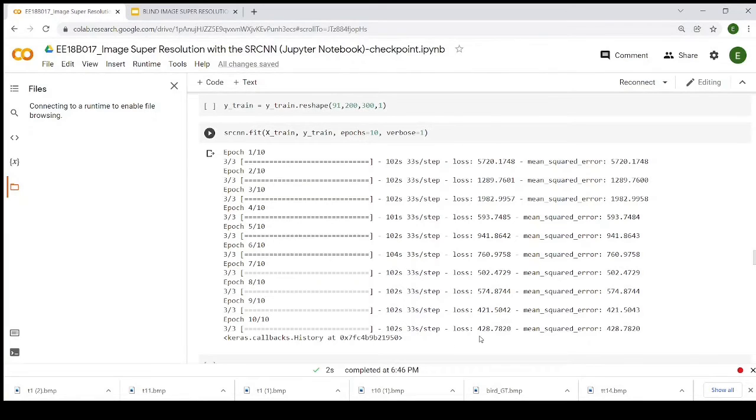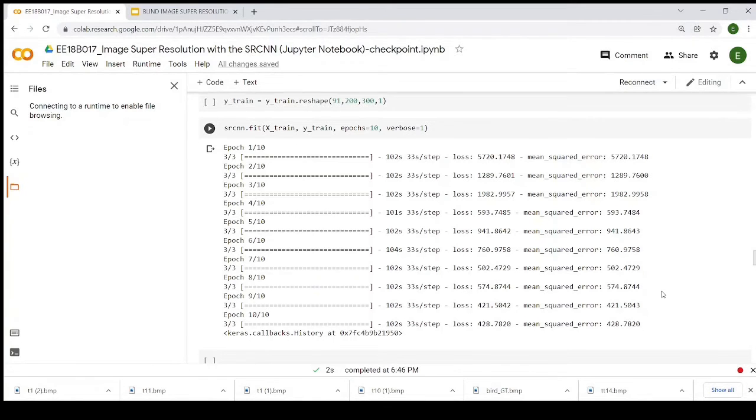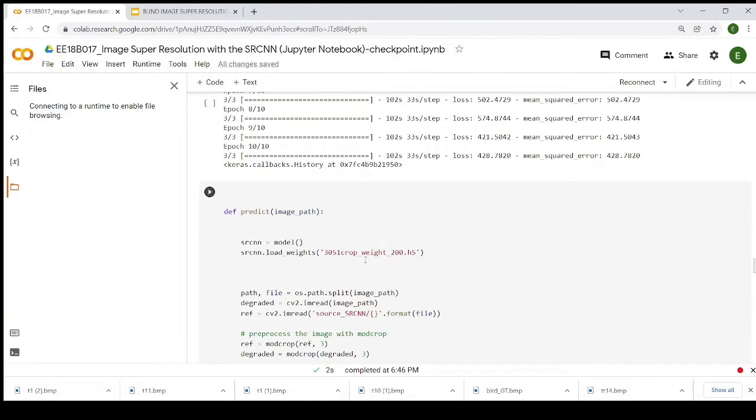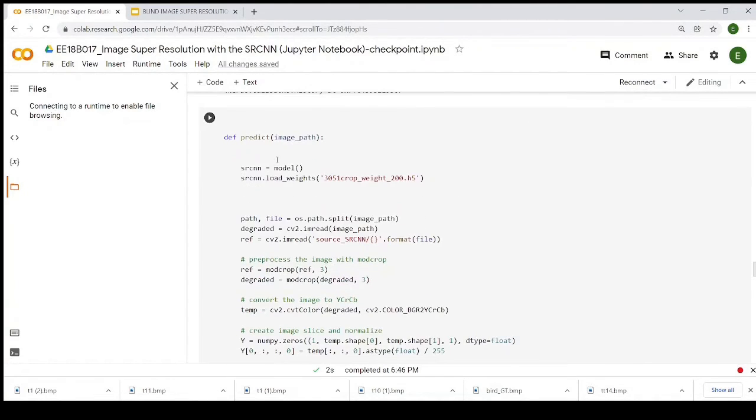But to get a very low loss or very low mean squared error, I need to go for a very high number of epochs. So instead, I directly considered the pre-trained weights. Here it is the prediction function, with the image path and SRCNN model, and I loaded the pre-trained weights.